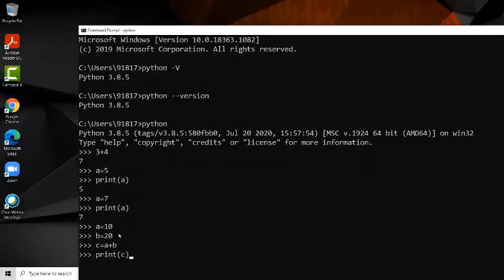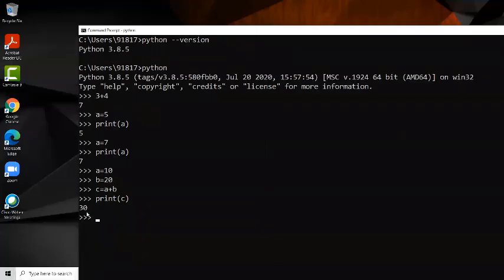Are you clear up to this? Any doubt? No, ma'am. Again, I am taking the a value and b value, those two values are summed up, and the result is stored into c. Now I want to print the c value. What is the c value? It displayed 30, ma'am. 30. Okay, c is 30.